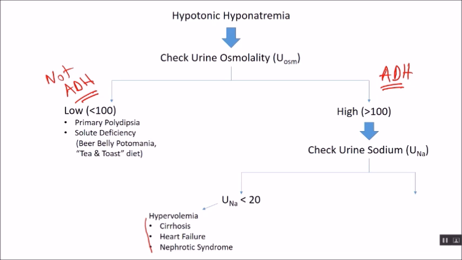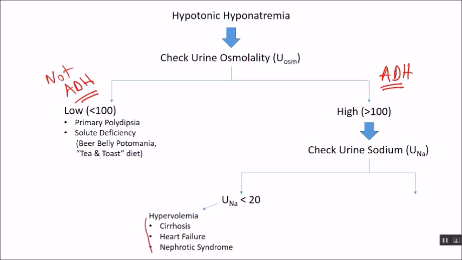Well, the simple answer is that they are hypervolemic because they are third spacing, and their intravascular blood or effective circulation volume is low, and the kidneys perceive it as a decrease in the effective circulatory volume, and that's why they secrete ADH to retain more fluid, and that's why this is an ADH dependent mechanism. And as we'll talk about in the treatment part, here the ideal treatment would be to stop the fluid and to give the patient diuretics and put them on a salt and fluid restricted diet,